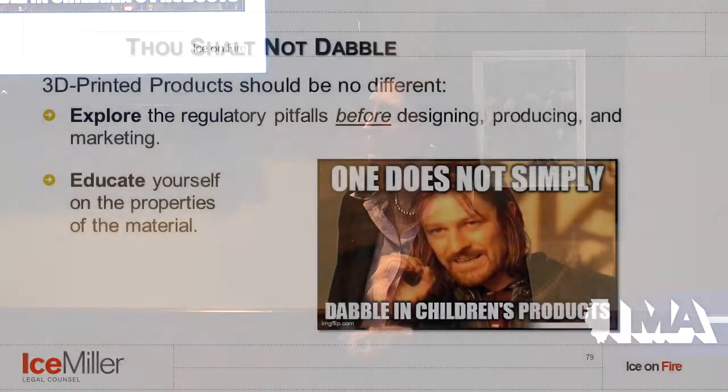If it's a children's product and you're making it out of a new material, you're going to need to go through a whole other analysis of whether this product is now no longer compliant with the children's standards. The plastic, of course, might not meet certain regulatory standards from the FDA standpoint, again, or from state regulation. And other ingredients and chemicals that might be in the plastic may be regulated under the Federal Hazardous Substances Act, which is also administered by the Consumer Product Safety Commission.